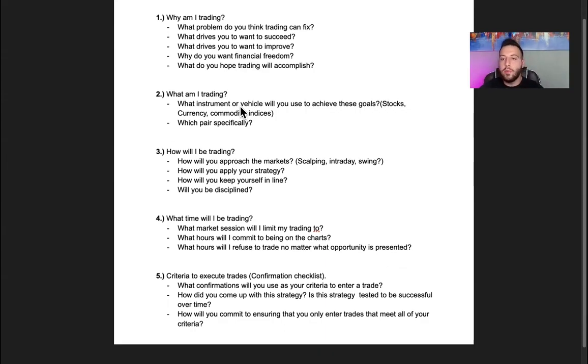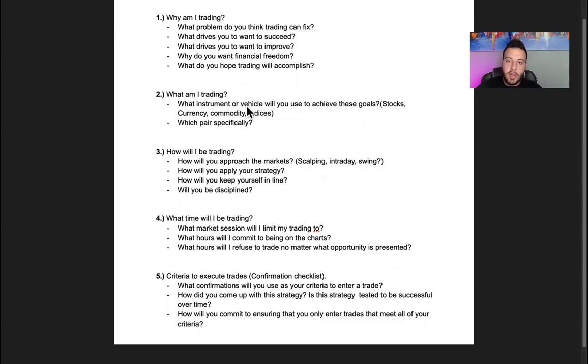Number 3, how you will be trading. So it's very important to define whether you're going to be a scalper, an intraday trader, or a swing trader. Understanding which one you are could take a bit of work, but usually it just revolves around your personality and your time availability. So what I would do is go through with your coach and make sure that you understand which one of these fits your personality best so you can have the best chances of success using one of